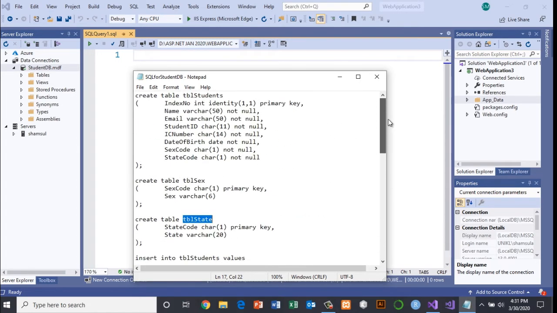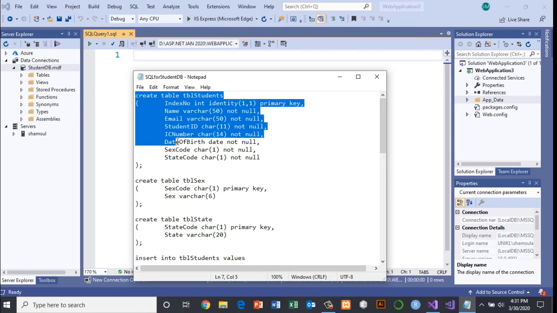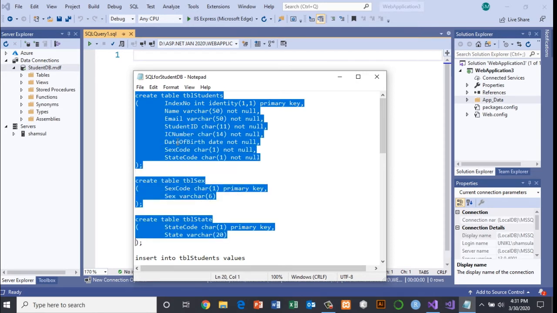These commands I have uploaded to the VLE. The name of the file is SQL for studentdb. This is a normal text file which you can open using a notepad. So what I'm going to do is copy the whole thing.